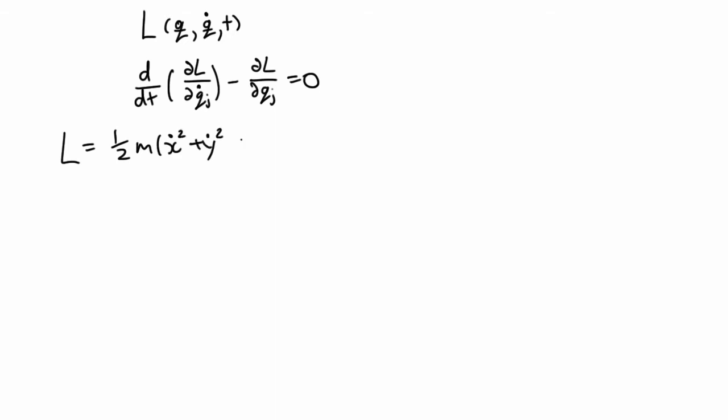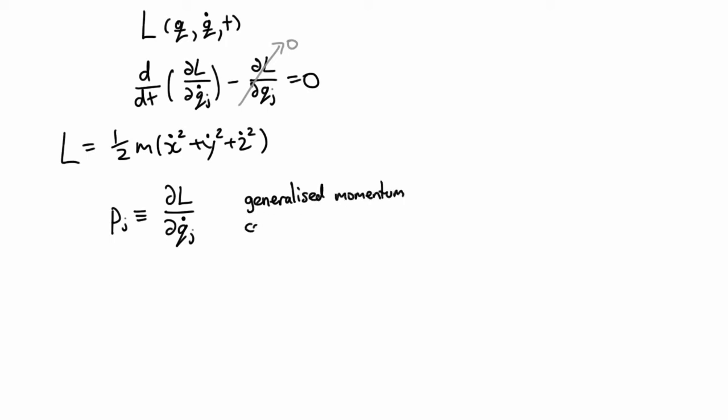And yes, it depends on x dot, y dot, and z dot, but it doesn't depend on x or y or z explicitly. So in that case, this term here would be 0. In that case, this thing in here is clearly conserved. And by conserved, I mean that its time derivative is 0, so whatever value it has initially, it has for all time. And this quantity here is sufficiently important that it is called the Generalized Momentum, or sometimes the Canonical